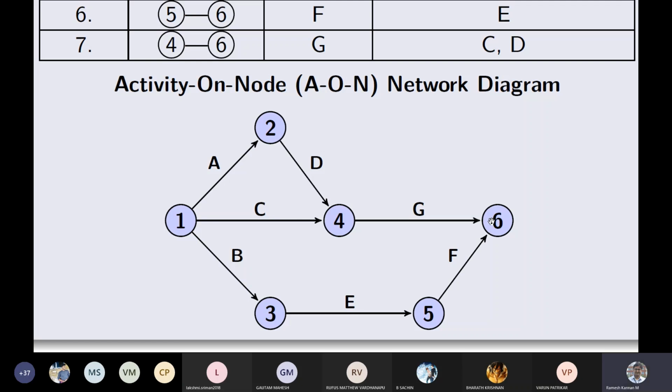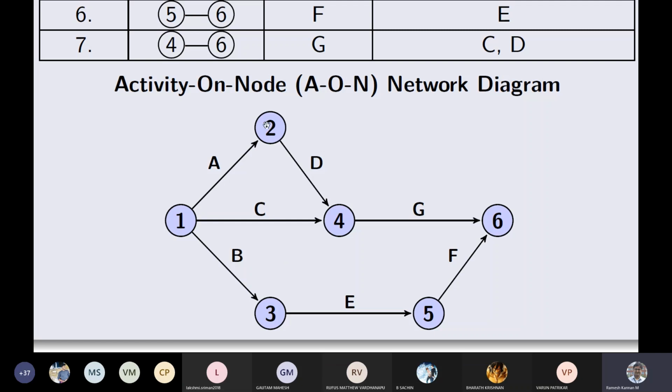And remember, two things that I want to tell you. If you take a look at the arrow, it is going from the start to the end event. So just take a look at this as a route map. It starts from 1 to 2, 2 to 4, and 4 to 6, or it can go 1 to 4. It cannot go back, because you see the arrows point the other way. So it can only go 4 to 6. And the same way 1 to 3, 3 to 5, and 5 to 6. Which means that there isn't any looping.